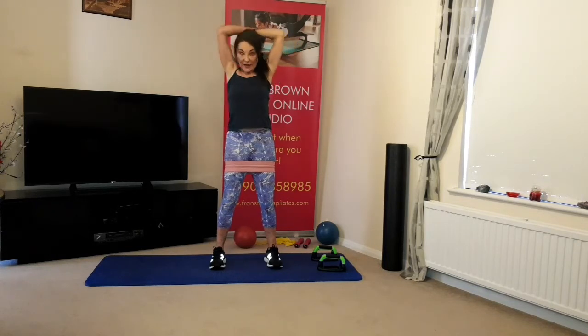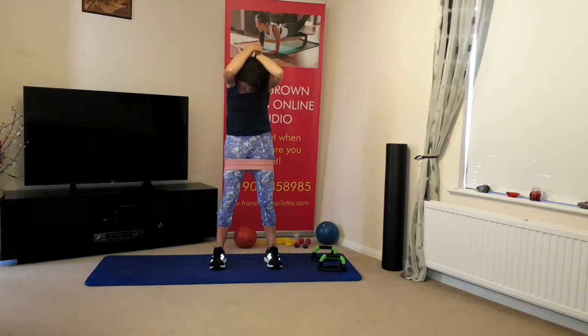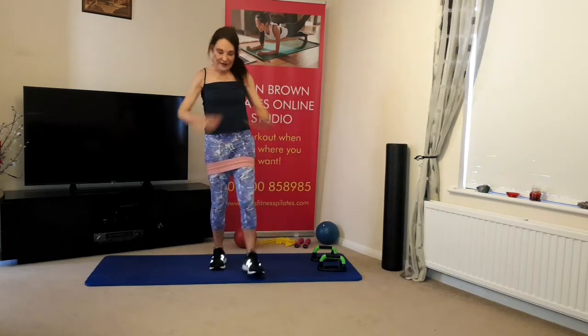Good, hands behind the head, tuck the chin in, and use the arms and the elbows to bring the head forward, just the head and neck, and slowly come back up. Good, fantastic. Okay, into our inner thigh stretches, so take the legs wide enough so it's comfortable for you, and